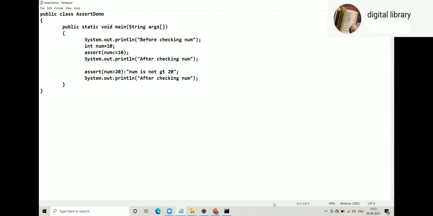Okay, look at that. In the main, before checking num, int num is equal to 10, assert num less than or equal to 10. Now assert is a keyword followed by a Boolean expression. Always with assert you are supposed to give some Boolean expression.